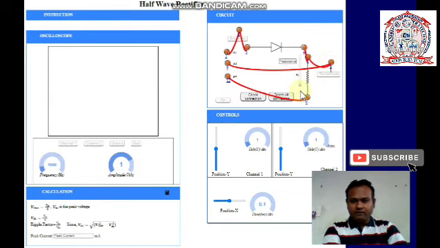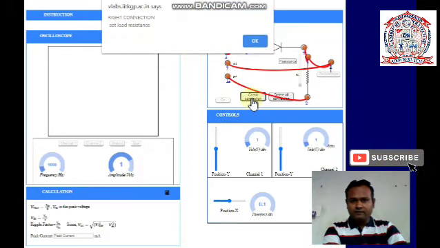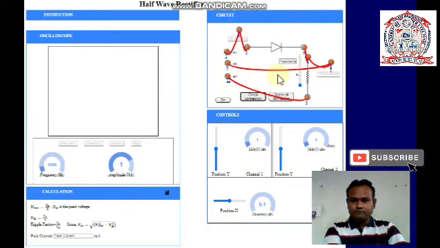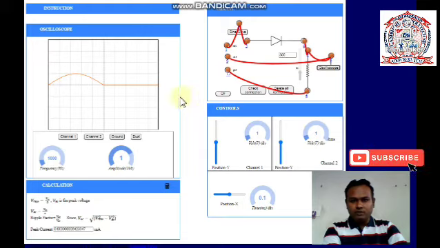So let's verify whether the connection is correct or not. Yes, the connection is right, and now we have to set the load resistance. So I set the value of load resistance to 300 ohm, and now we are going to start the supply. So here I started the supply, and now we are going to observe the input waveform and output waveform on the oscilloscope.